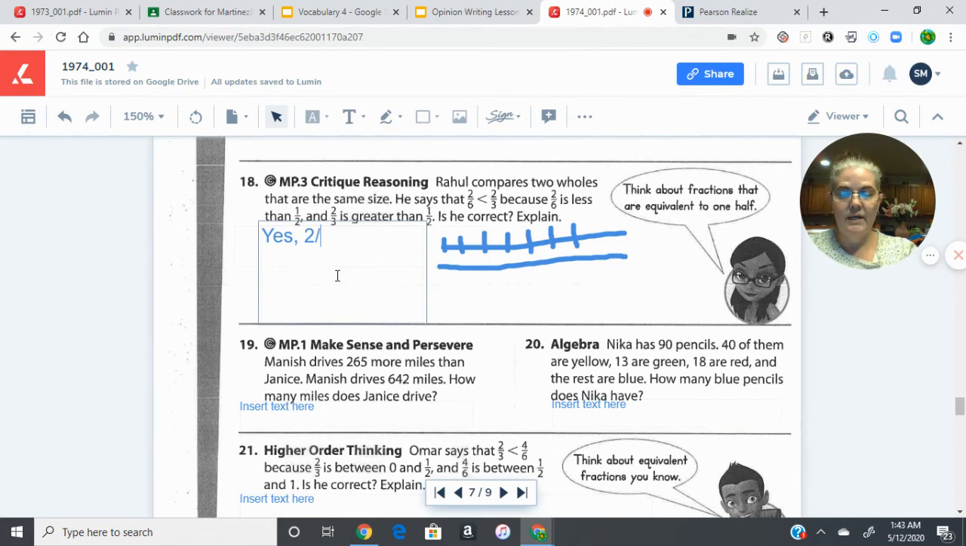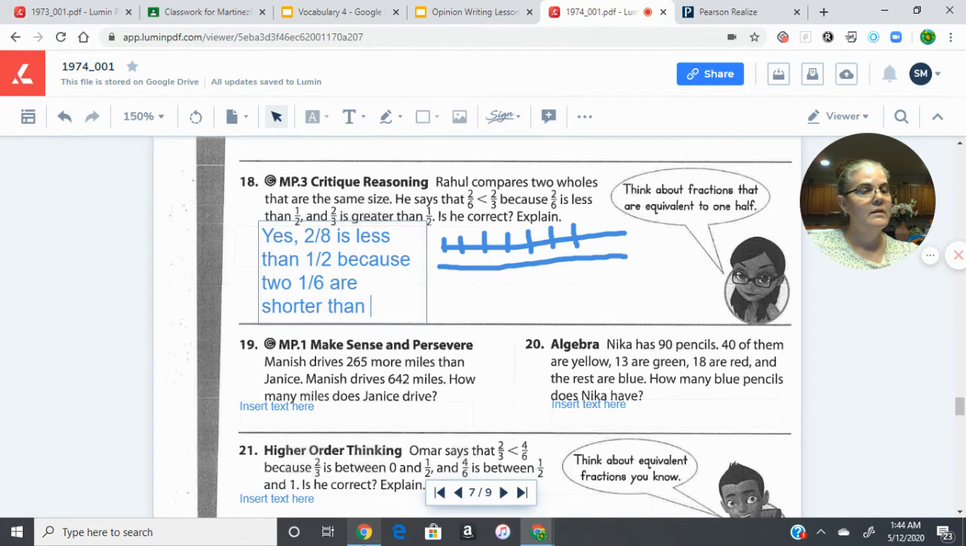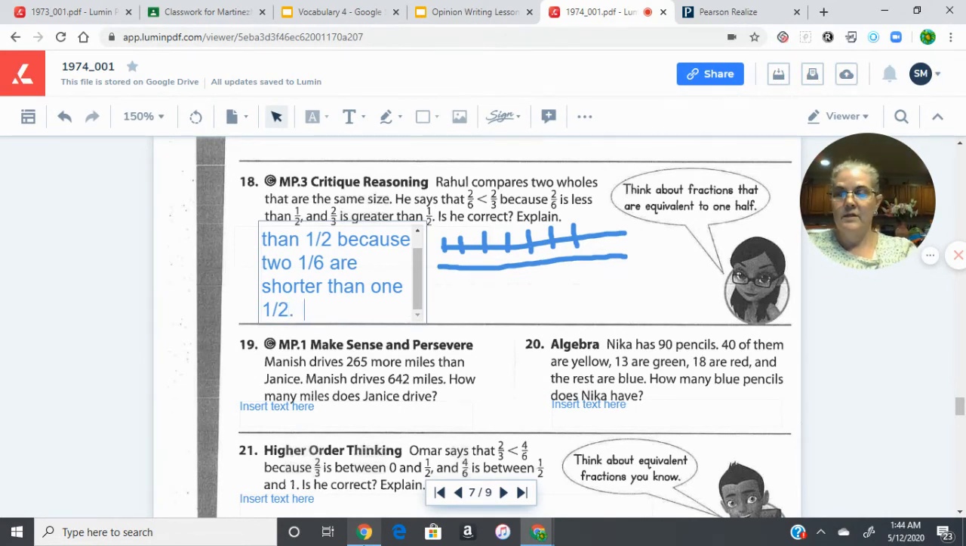There we go. Yes, 2/6 is less than 1/2 because 2 of the 1/6 pieces are shorter than 1 fraction of 1/2, one group of 1/2. 2/3 is greater because 2 1/3 pieces